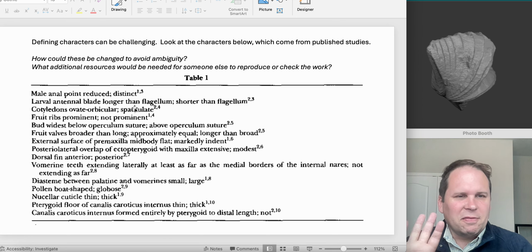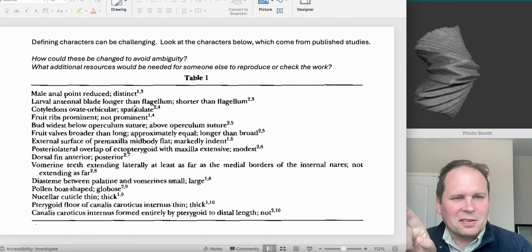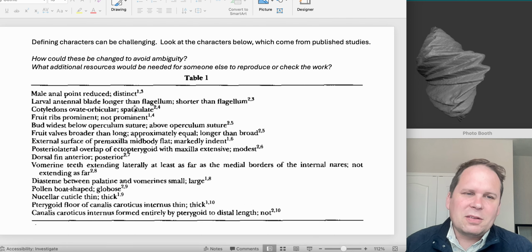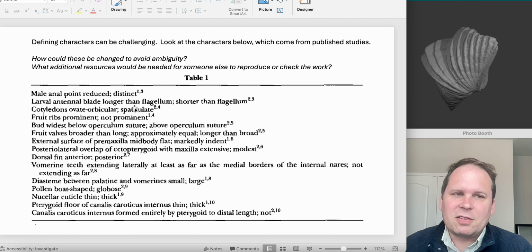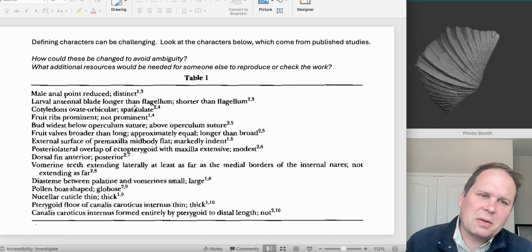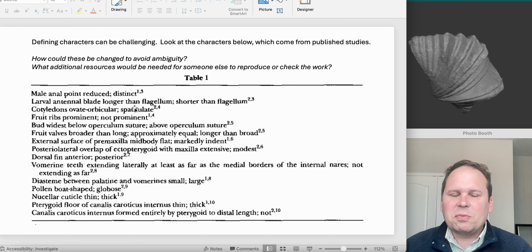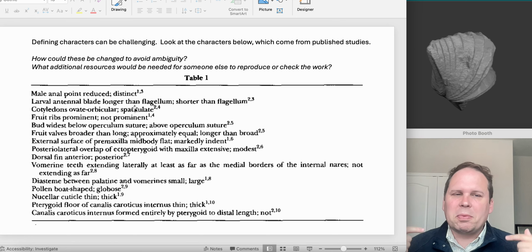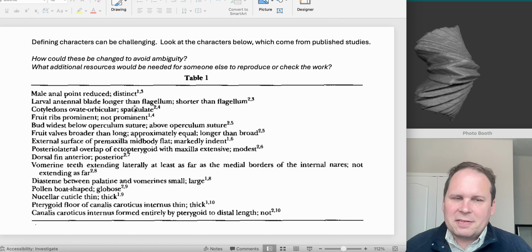So if you're going to make criteria like this, and these are probably not the best, you could probably do better, then what you have to do is you have to include a picture, and you have to show, like, here are some that are reduced, here are some other ones that are distinct. This is what I mean by reduced, this is what I mean by distinct. You have to either put it in words or put it into pictures, and it's often good to have both of those there,